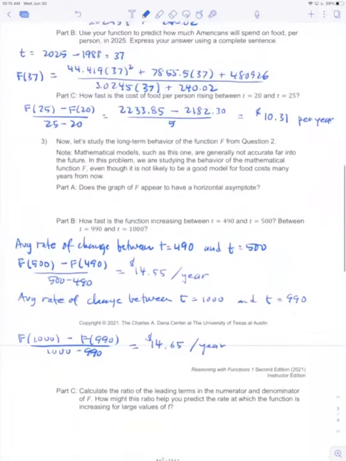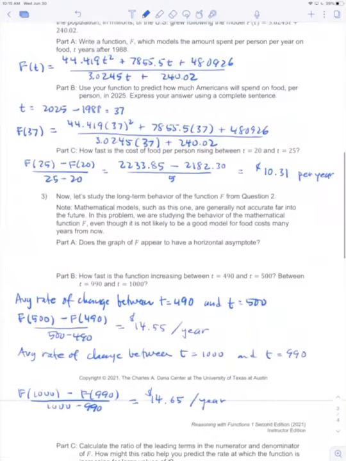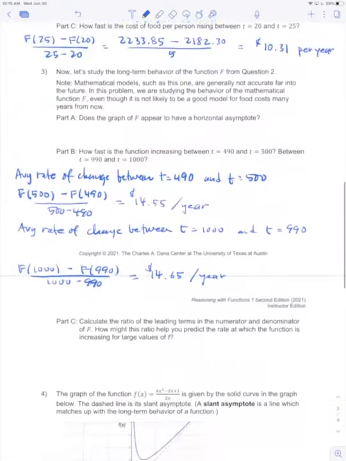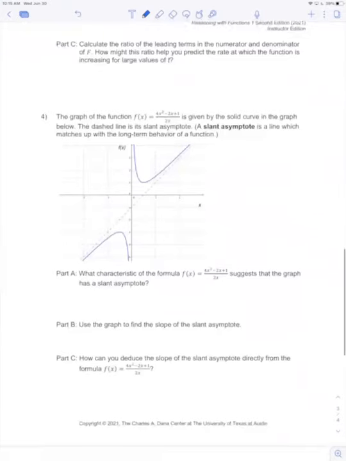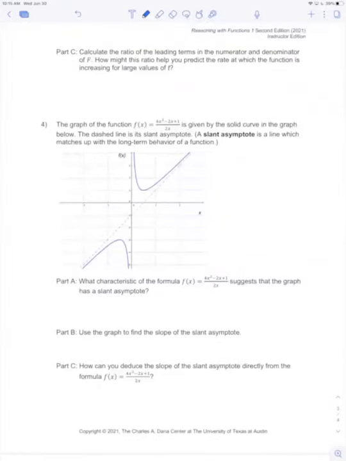There it is. So we want the leading terms. The ratio of leading terms is going to be 4.419 t squared over 3.0245